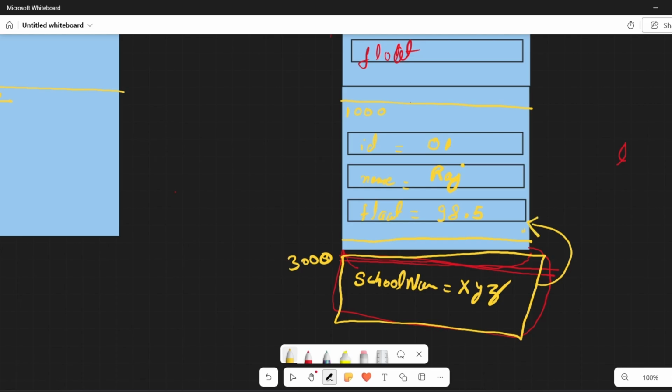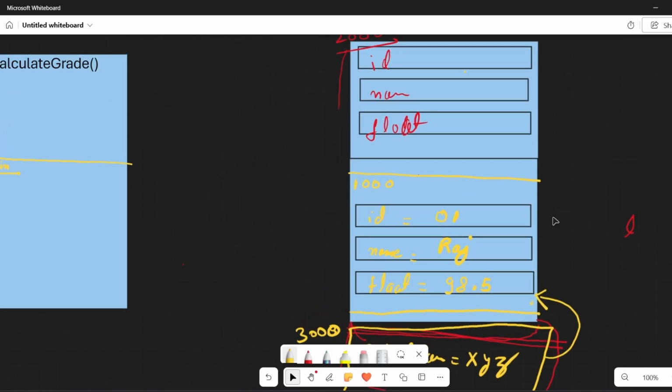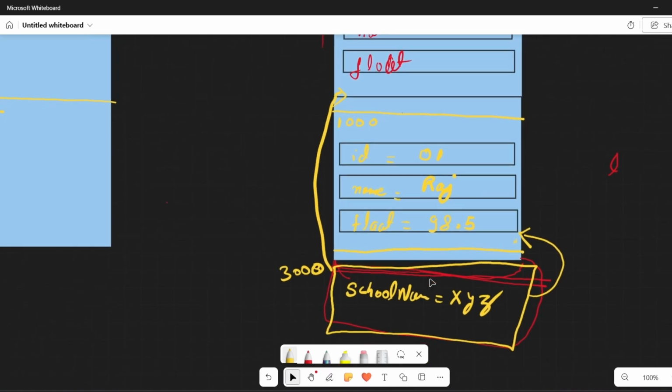by this object as well as this object as well. Only one copy of school name will exist if I use the static keyword, and